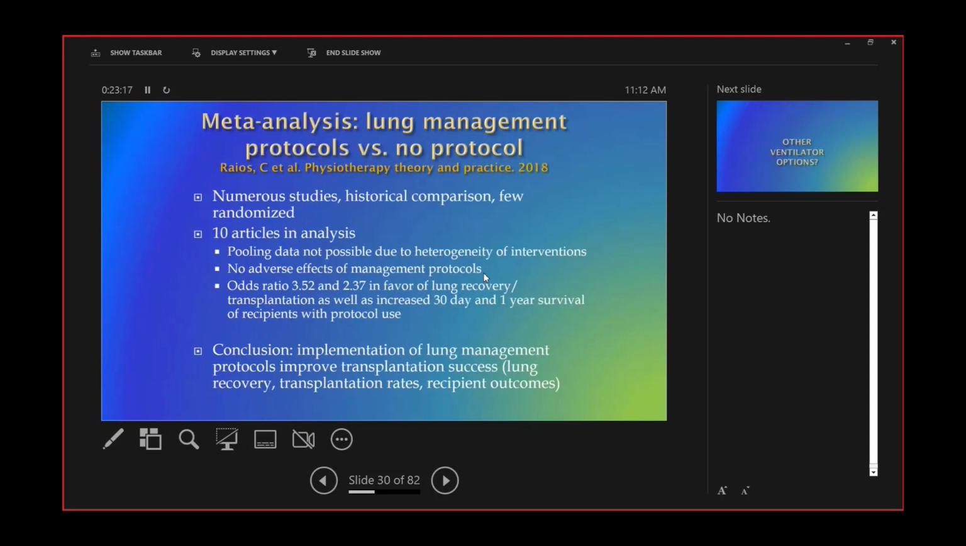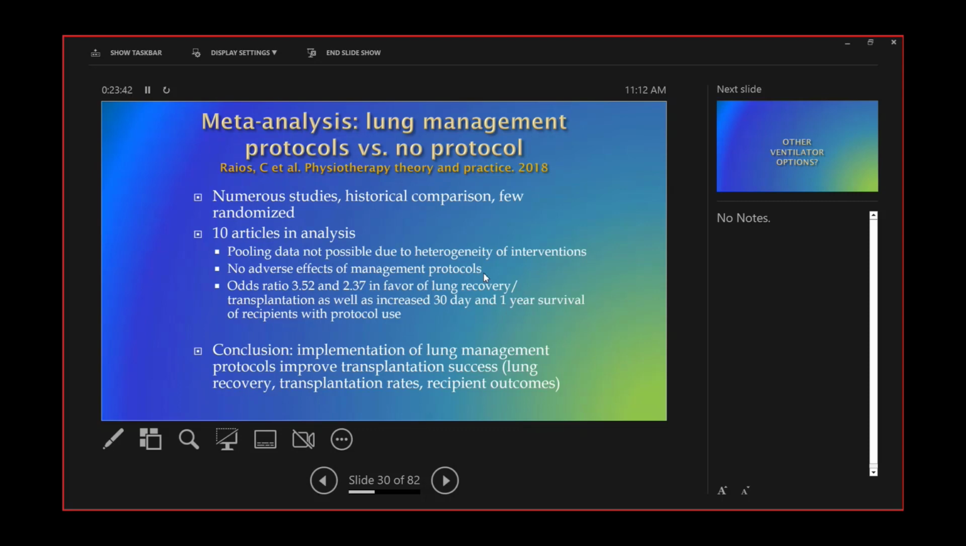And then this study came out in 2018 from Europe. And basically what they did is they did a meta-analysis looking at any articles on lung donor management protocols versus no lung donor management protocols and looking at outcomes. And what they said was they tried to compare the regimens of treatment during all these protocols, but they were so different that they couldn't do that. So they just compared